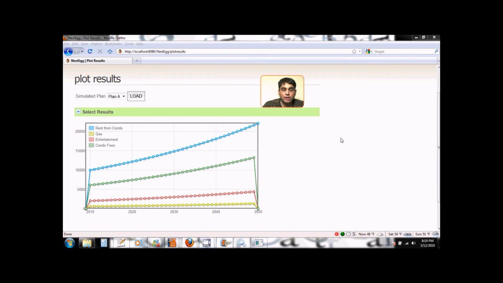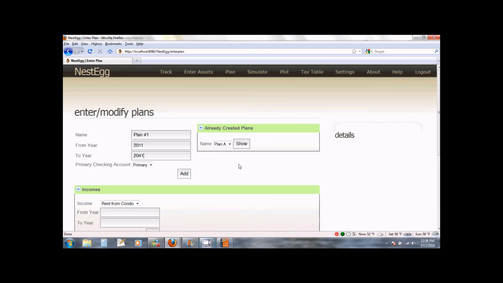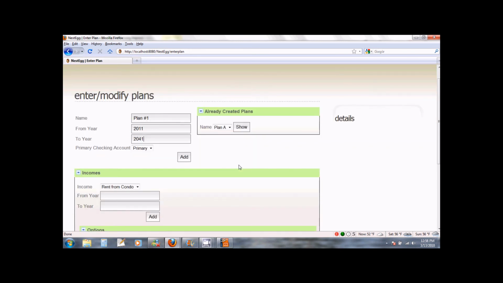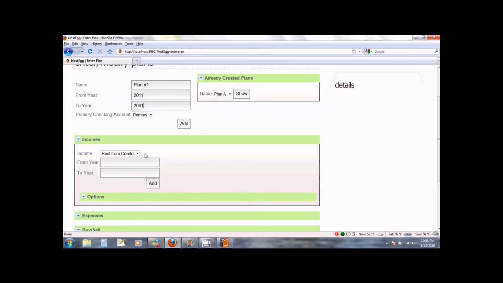You just saw how you can create a plan and simulate it in Nest Egg and then look at its results. You will have to run several what if scenarios before you create a plan which will work best for you. Here I would like to point your attention to one small detail. When you create your plan and enter your incomes, before you can enter an income, you need to characterize the income.